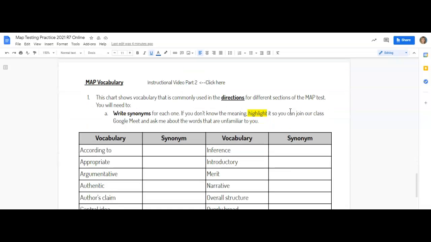It says this chart shows vocabulary that is commonly used in the directions for different sections of the map test. You're going to write synonyms for each one. A synonym means a word or a phrase that means the same thing. If you don't know the meaning, highlight it so you can join our class in our Google Meet to ask me about the words that are unfamiliar to you. Otherwise, you can look it up or you can